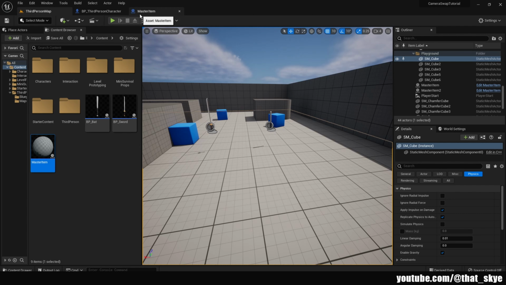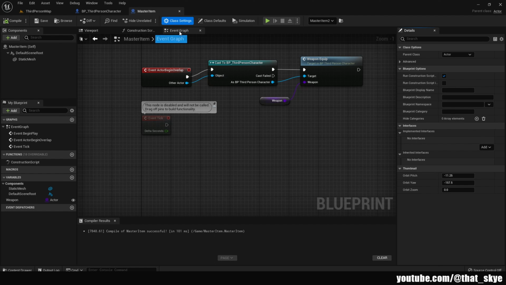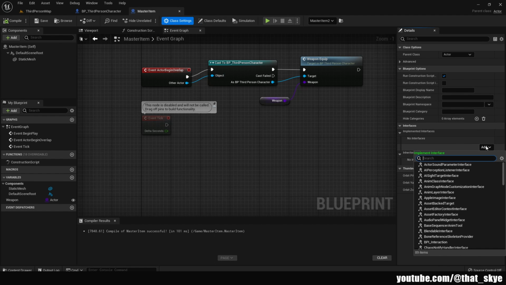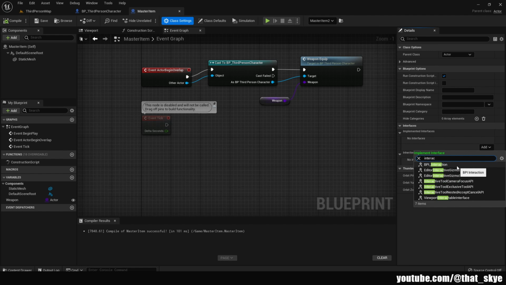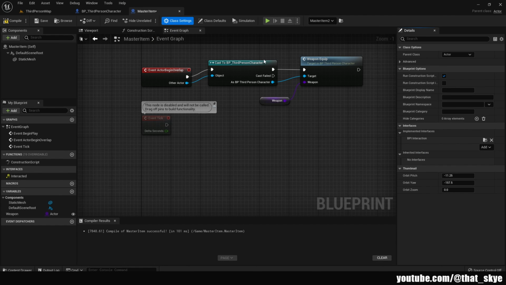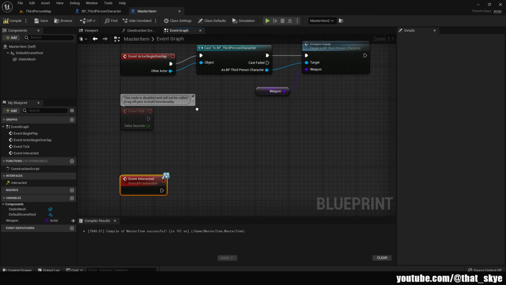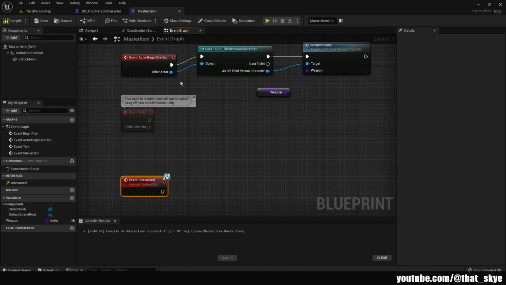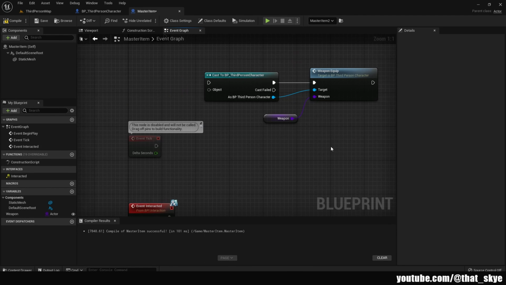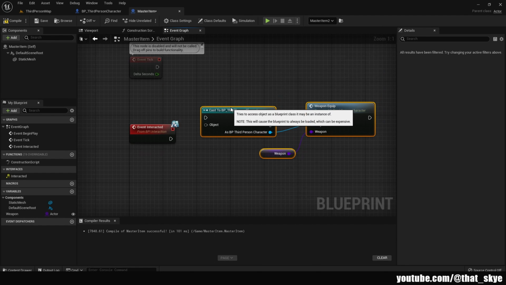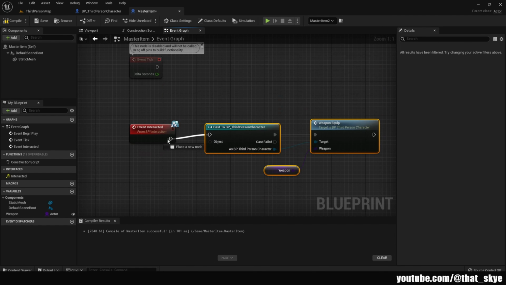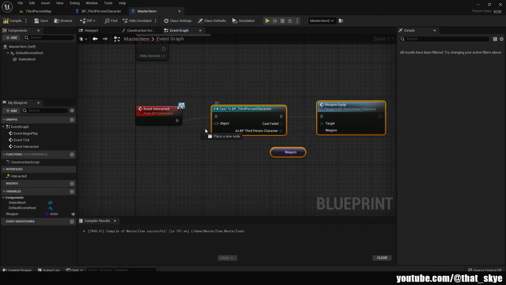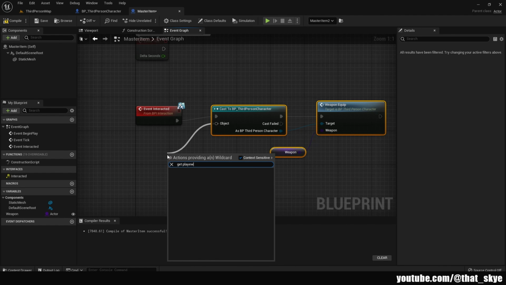I'm gonna go into the master item, go into class settings, and add the interface here. I think it's called interaction, so I'm gonna set it to that. And then in the event graph, I'm gonna right click the interacted event, implement event, take these nodes, and hold my left alt and click on these pins to unconnect them. I'm gonna delete this event because we don't need it. And I'm gonna drag this down, plug it into the event, and we need a new object plugged in. So I'm just gonna search for get player character,